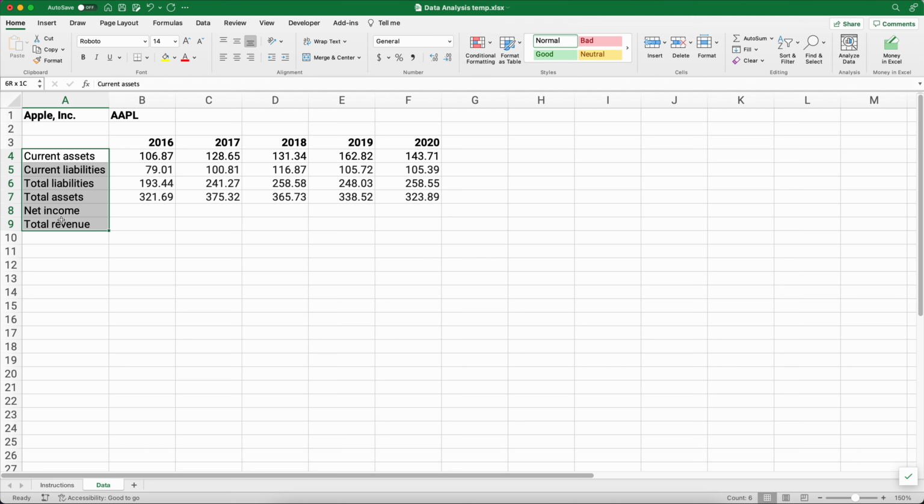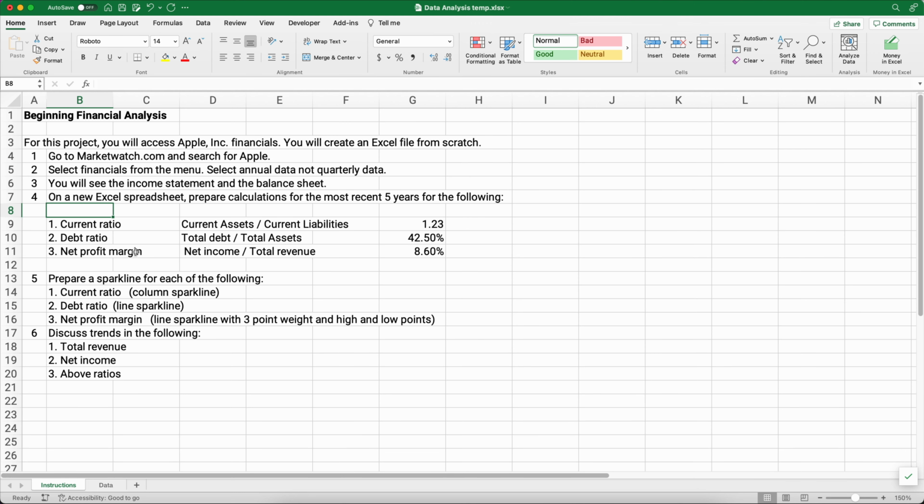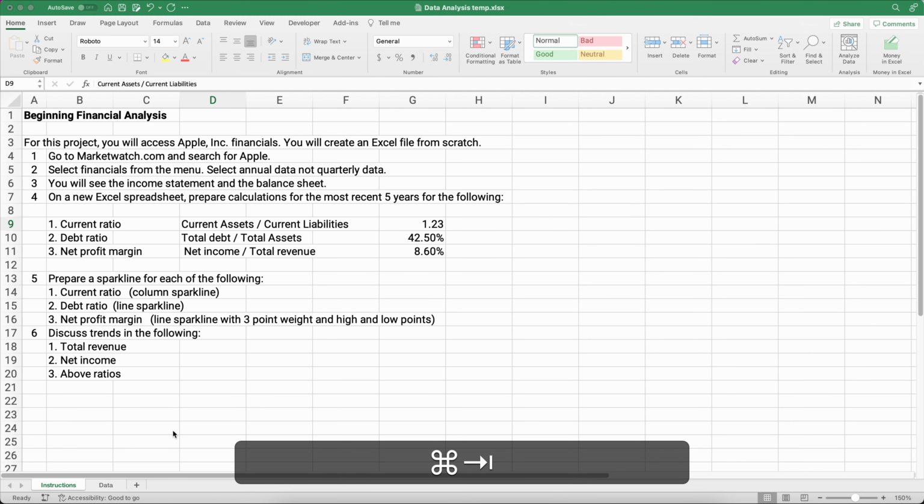We're going to need to know these items: current assets, current liabilities, total assets, net income, and total revenue. Because our instructions, we're calculating 3 different ratios, and for ratios we need 2 numbers typically to at least get 1 ratio. So current ratio, we're going to calculate the current assets divided by current liabilities and so on. Now, let me show you how I did this. I didn't type any of that data in there, so let's get started with the